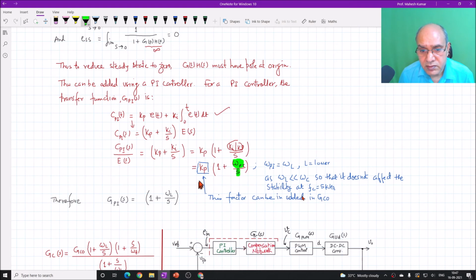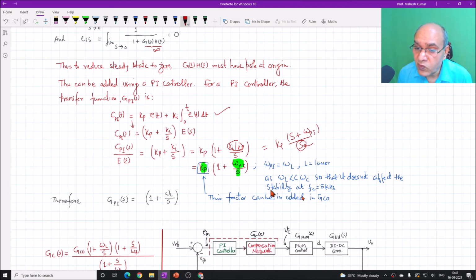And this is S here, this is Kp, which is some constant Kp and S plus omega Pi by S. So why does S add the zero at the pole at the origin? Any PI controller adds a pole at the origin, and that's why the integral controller, PI controller, reduces the steady state error to be equal to 0.